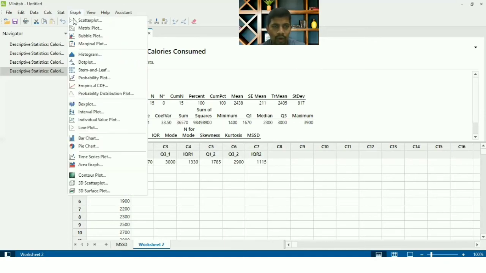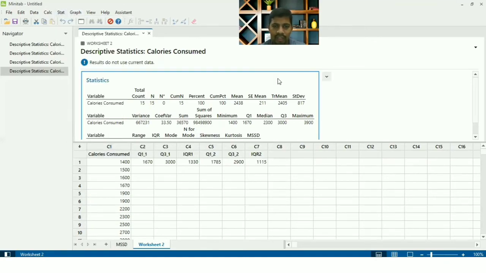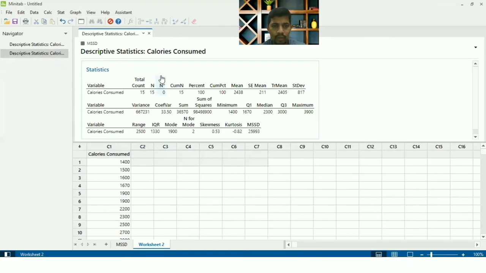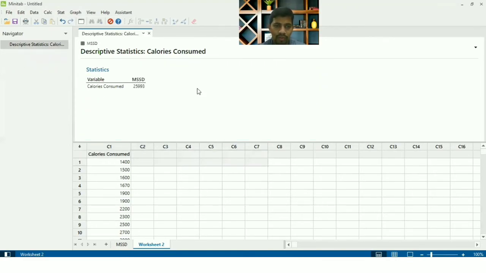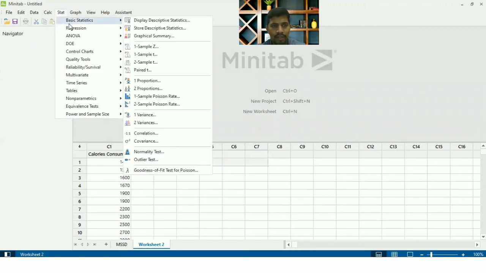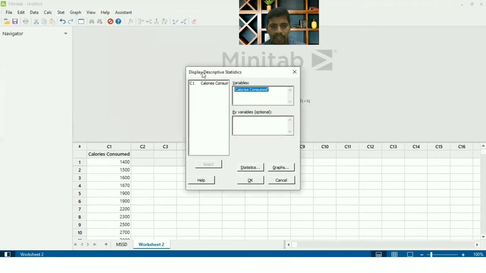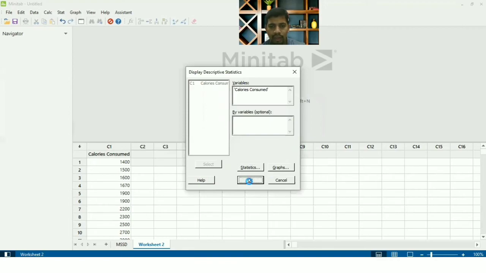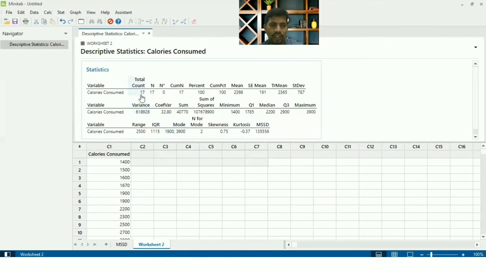So one more time, if you wanted to erase everything and find out one more time also, you can do. Let's say you wanted to erase all these values and find out from the beginning, it is also doable. So this is Minitab, Display Descriptive Statistics. I've changed the value. Now I wanted to find out all. Give OK. So now it has got changed. 17, and the mean value has changed, and the quartile has changed, and range has changed, everything.